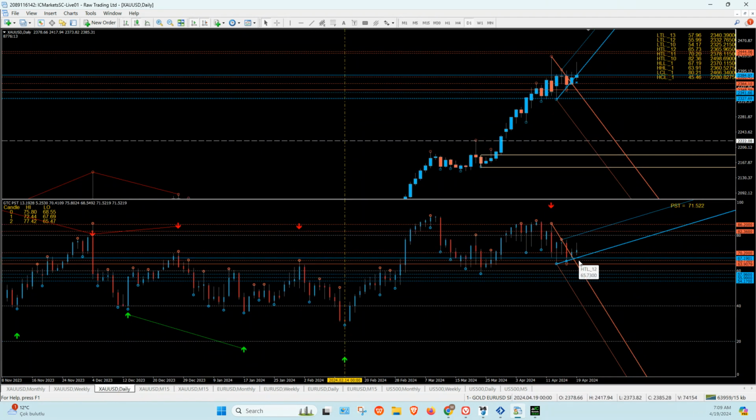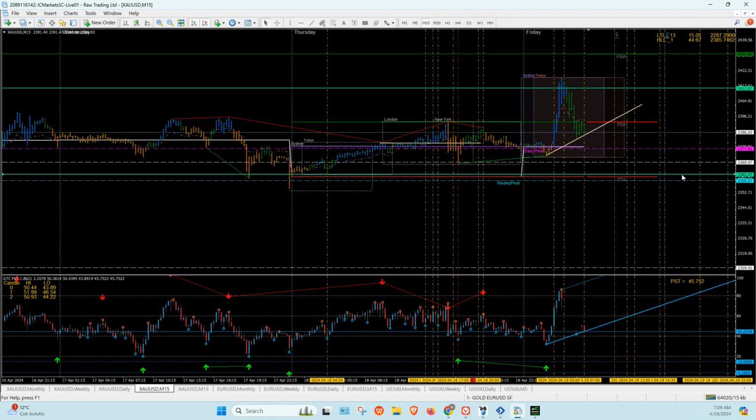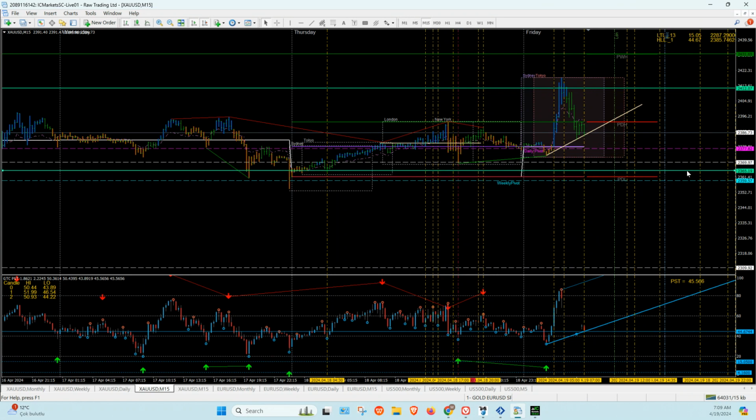The other level is 65 to 63, which is 2,365 to 2,360, which is actually where the weekly pivot is. So if the market dips down here, you could also think about buying if it's an Astro hour, like I said,